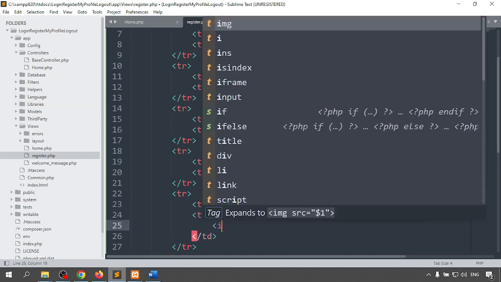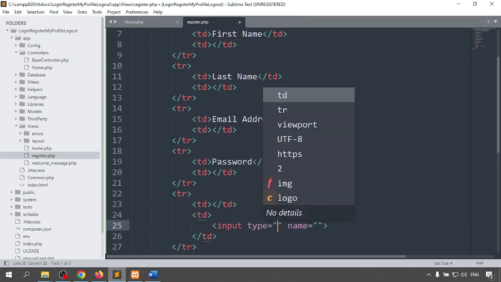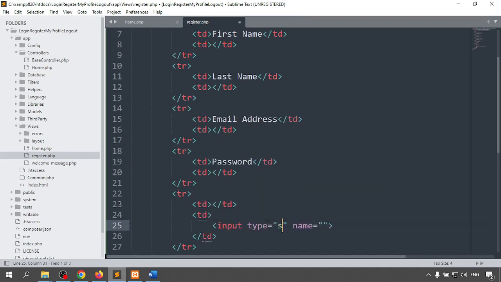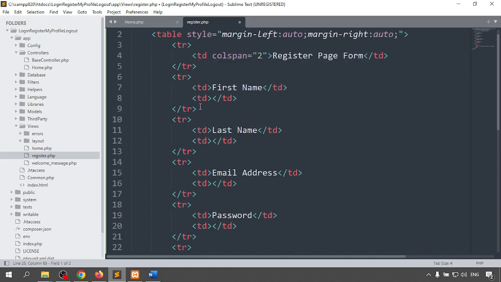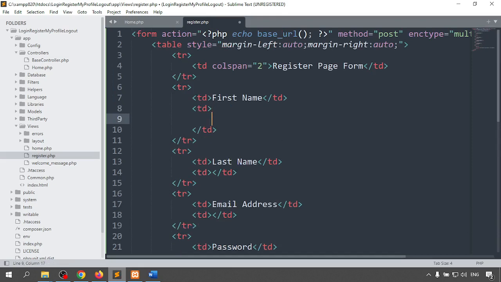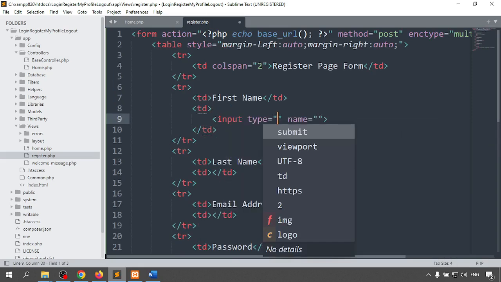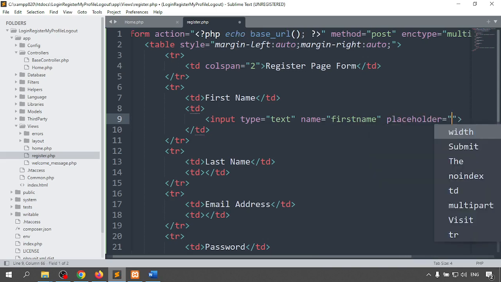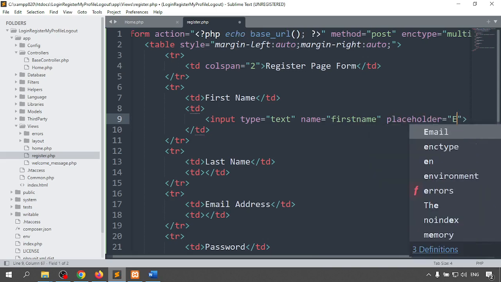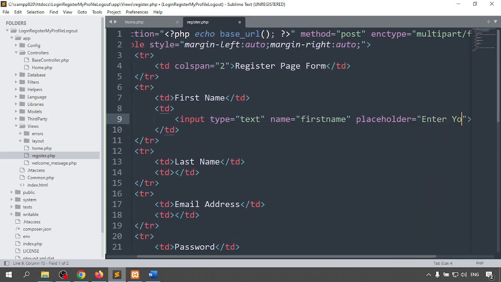So input type is equal to submit, name I'm giving submit, value also I'm giving submit. Here I will create input type is equal to text, name first name, and placeholder. It will come inside the page. So enter your